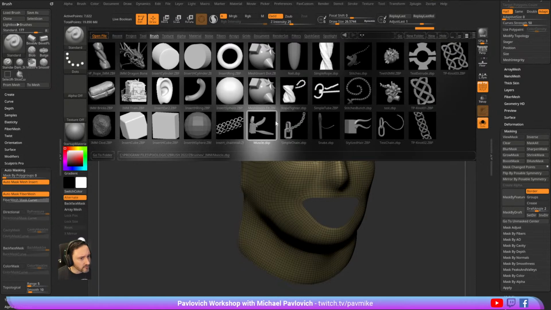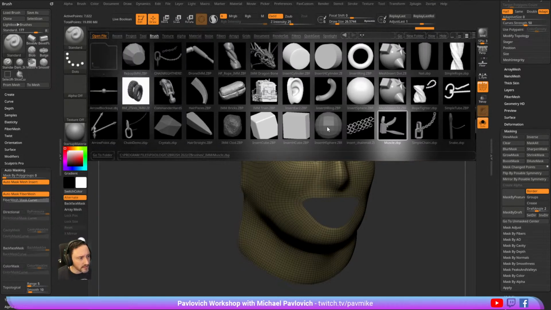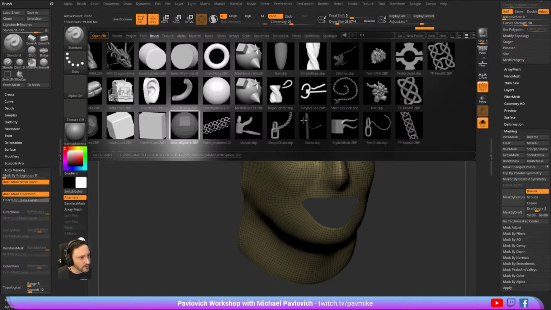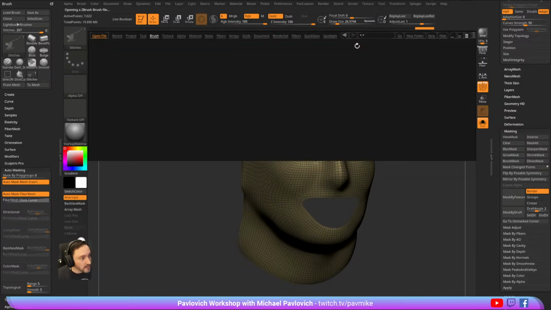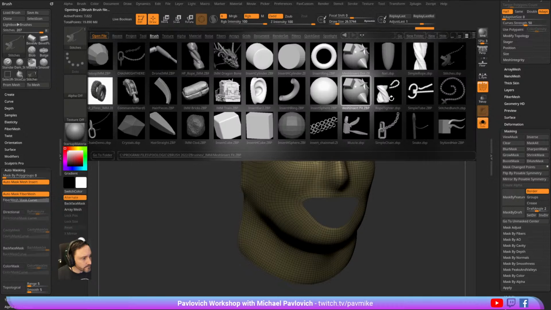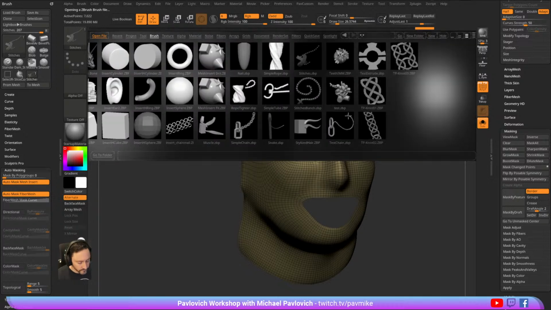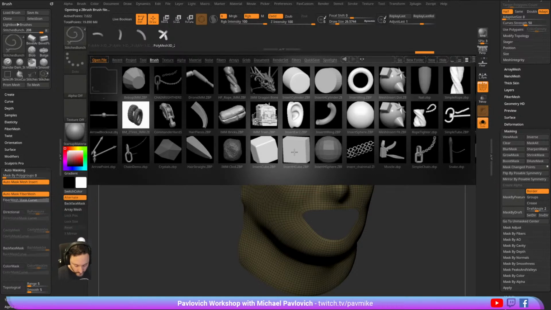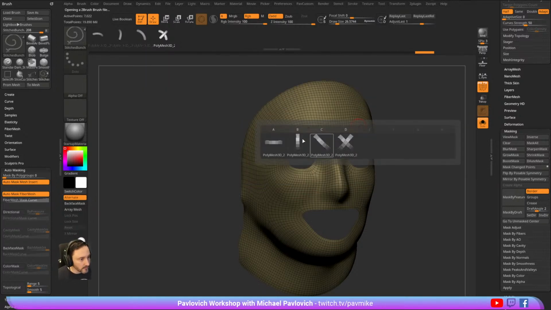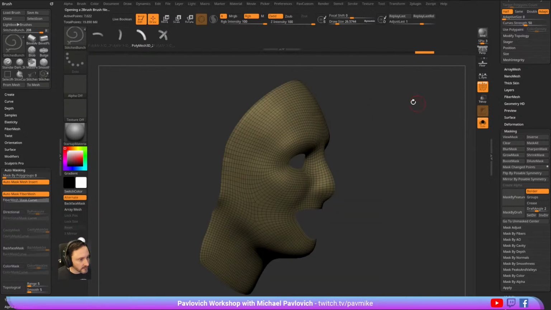Seems like every time I do a live stream, we do a new custom stitch brush. And watch me not have one. Oh, stitches. Stitches bunch. Stitches. Let's have, do we have one more in here? Okay. Get rid of that. So we got a bunch of different stitches in here. I'm just going to take this one here, that kind of